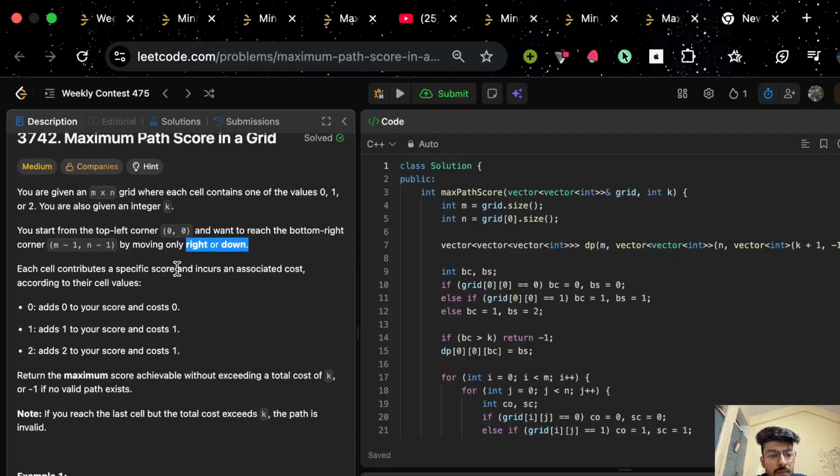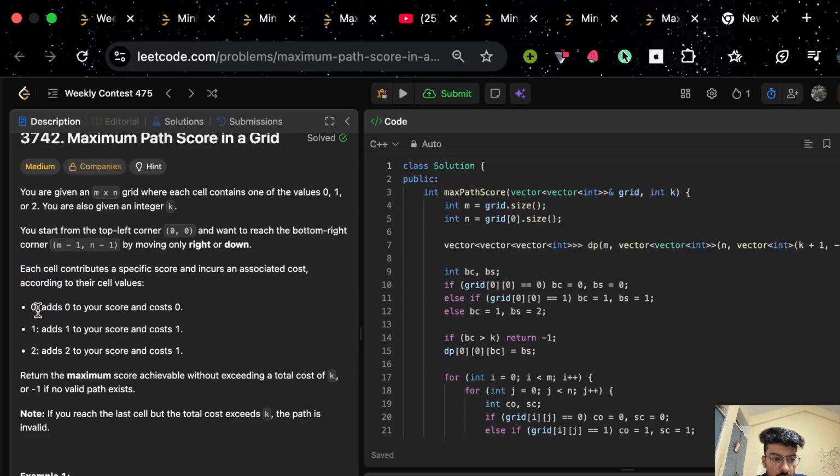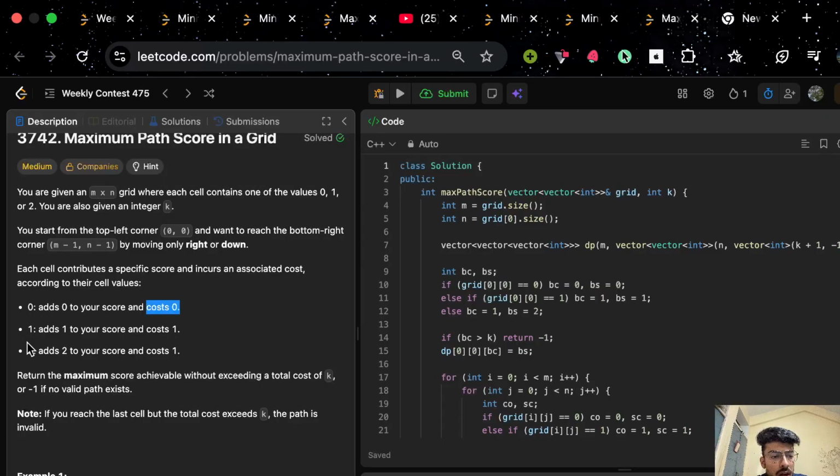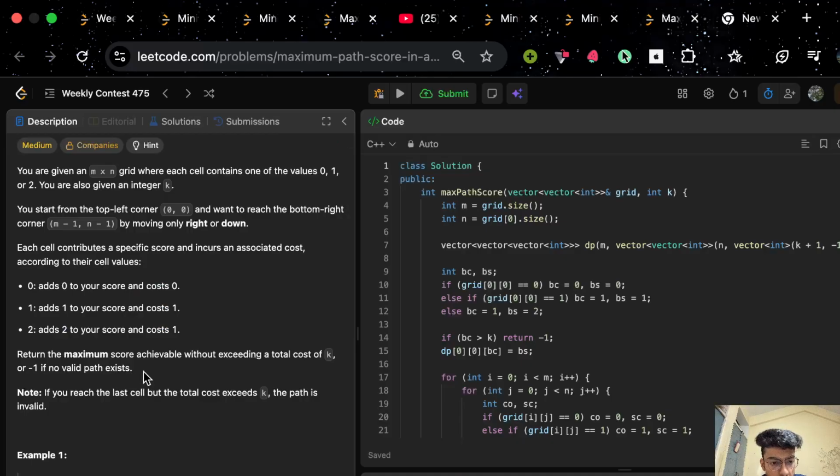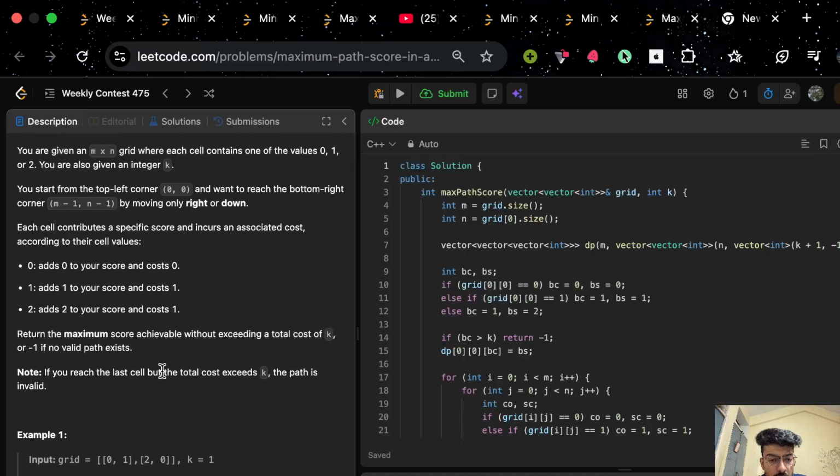Each cell contributes a specific score and incurs an associated cost according to their cell values. So if there's 0 present in the cell, it will add 0 to our score, and the cost will be 0. If there is 1, it will add 1 to our score and the cost will be 1. And if the cell contains value 2, it will add 2 to our score and the cost will be 1. For 0, the cost will be 0, and for both 1 and 2, the cost will be 1. Return the maximum score achievable without exceeding a total cost of k, or minus 1 if no valid